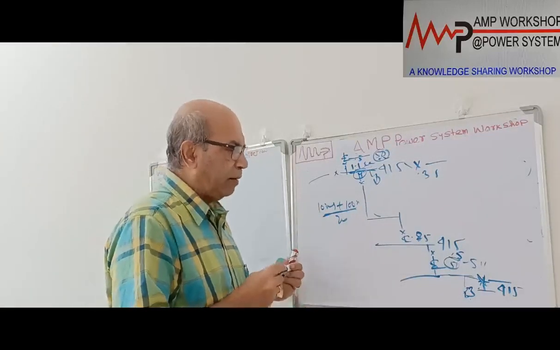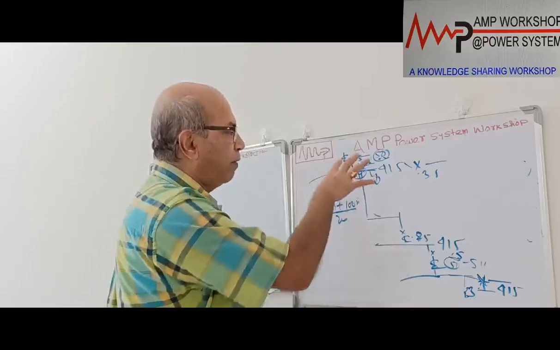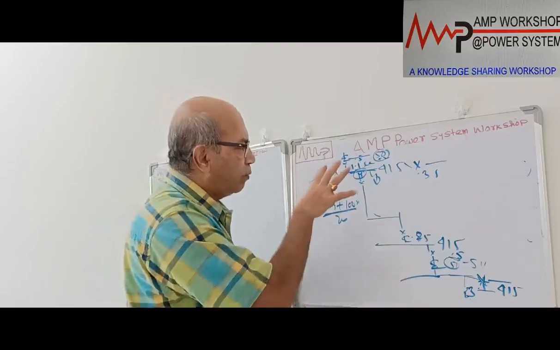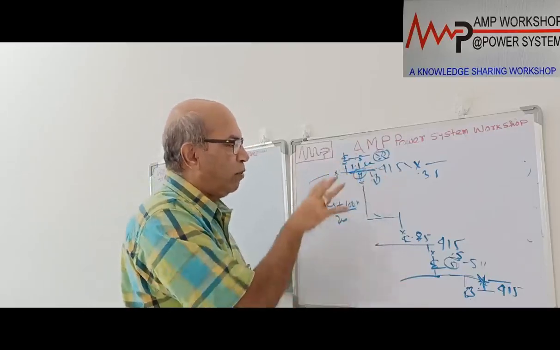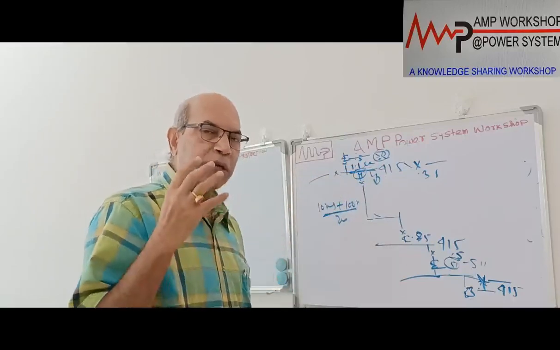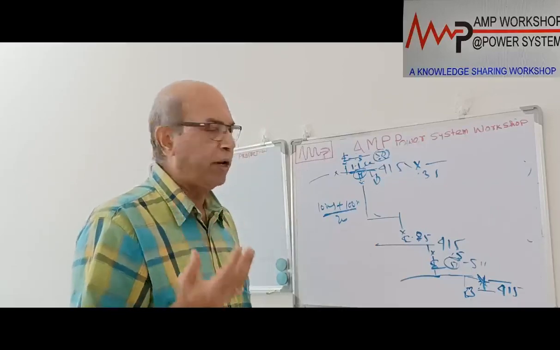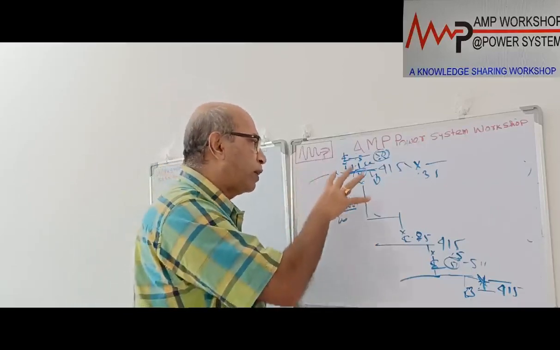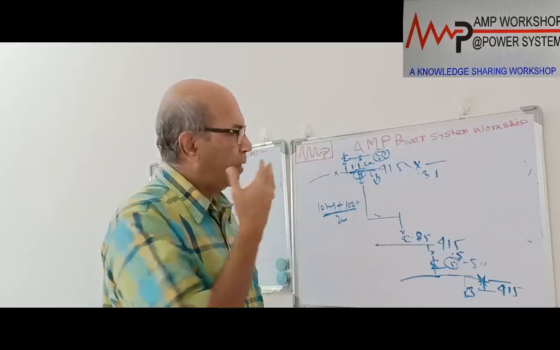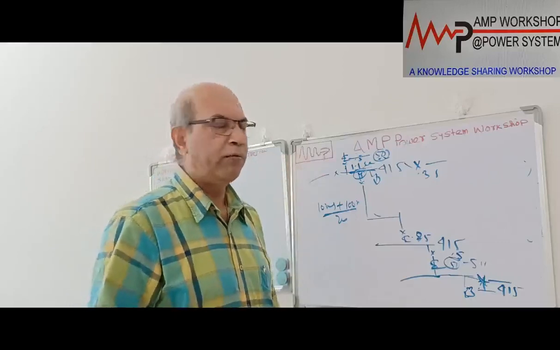So if multiple switchboards are supplied from one source switchboard, then for protecting the individual bus bar, we have to relook at the coordination, how much time it is taking. If it is going more than 0.7 or 0.8 second, then we have to make some alternative arrangement, either by providing an instantaneous overcurrent relay with a timer.